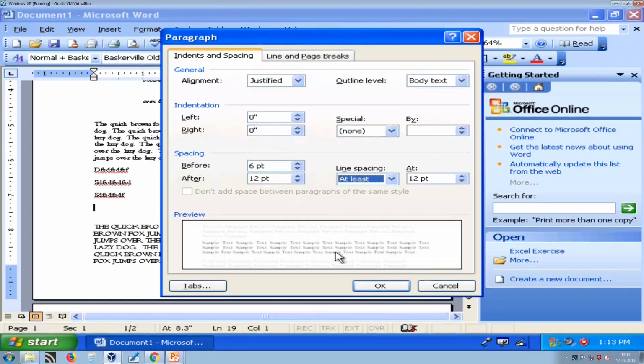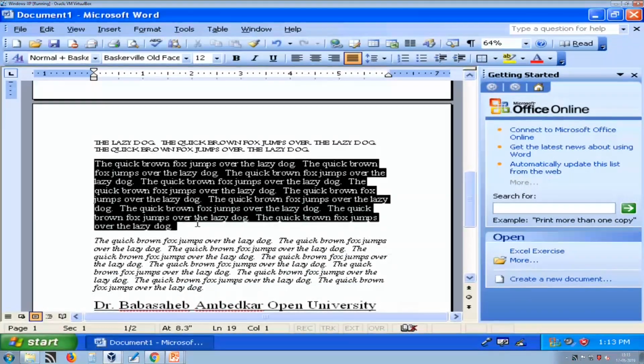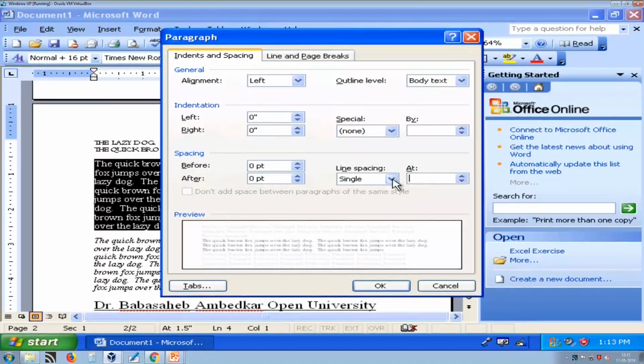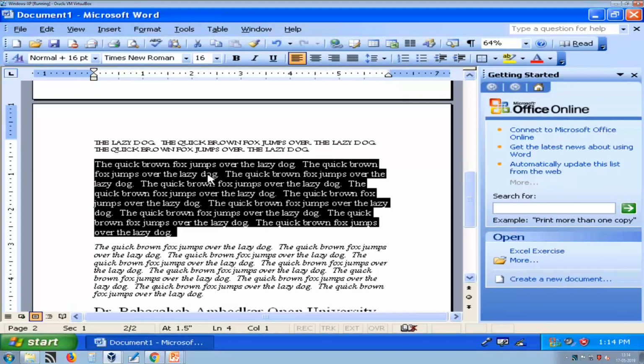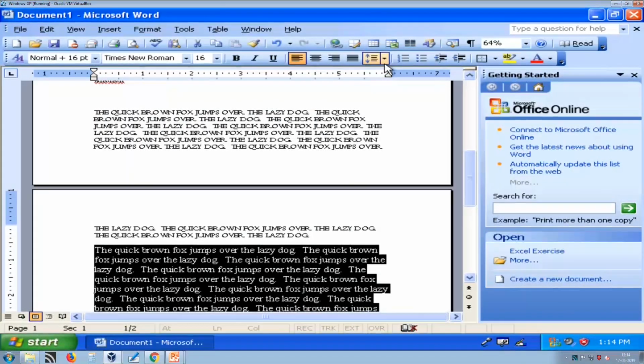So here we go, we just want to select this line, and here I am writing line spacing at least 20 points. What will happen is that now between two lines there is a spacing of 20 points rather than 1, 1.5, 2.5 or 3. So this is how we can use line spacing.